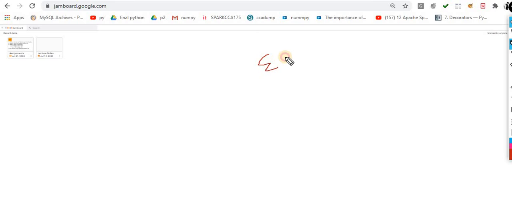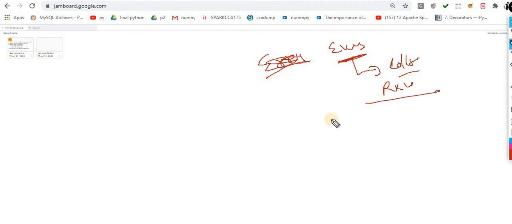Sir, every image, if you want to define every image, please mute. If you want to define every image, an image is basically a collection of arrays, a collection of rows and columns. If I talk about any image, let's suppose 500 into 300, what does that mean? This one is the rows and this one is the columns.